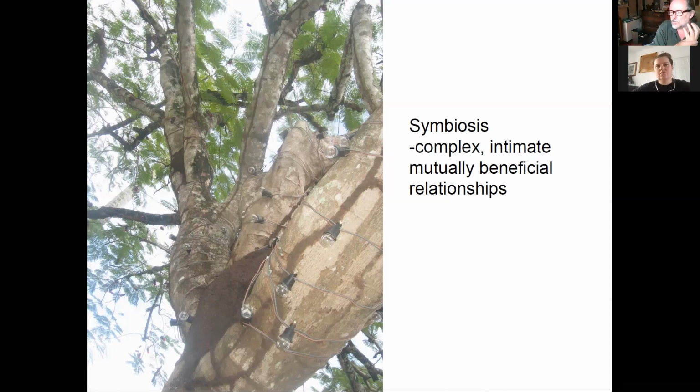But again, think about the complexity and the intimacy of this mutually beneficial relationship. Sometimes it's hard to even recognize that a species is in fact a multiple set of things living together. So again, the tree needs this relationship for its own long-term success, and it provides then the perfect habitat for the termite. As far as the termite's concerned, the tree is its home. It owns the tree, or does the tree own the termite? It's all relative, but it's very important. It's very interesting to see how that relationship forms, and how patterns reoccur. All of that is fascinating to me.